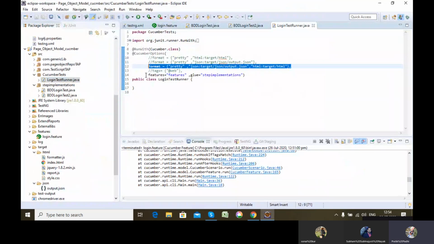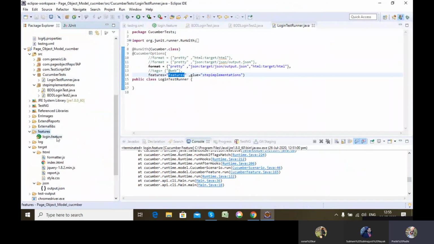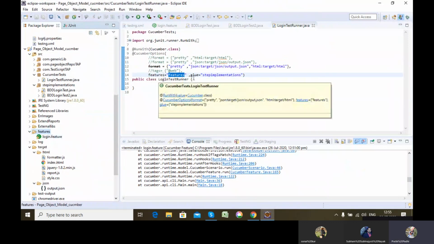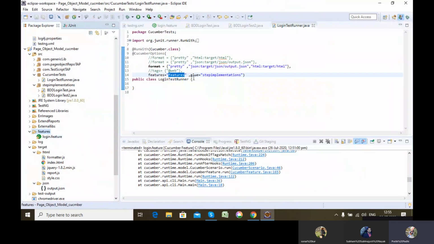Now this line is important. features is equal to the features folder, which means the folder in which my feature files are present. Once I give the folder, it will take all the feature files present inside it. Glue means hooking up with the step definitions. So if I write step implementation, this package, all the files present in it will hook up with the feature files present inside the features folder.